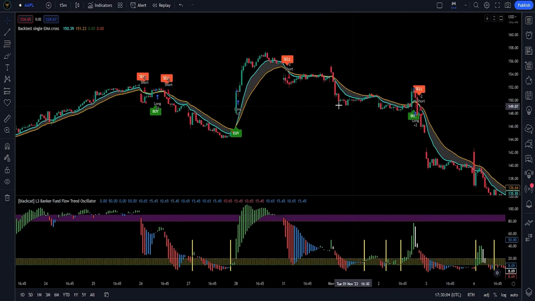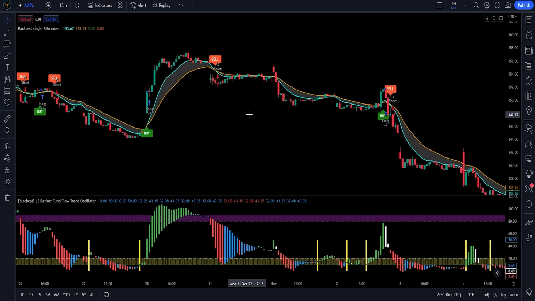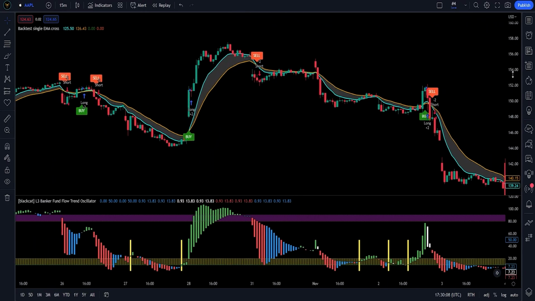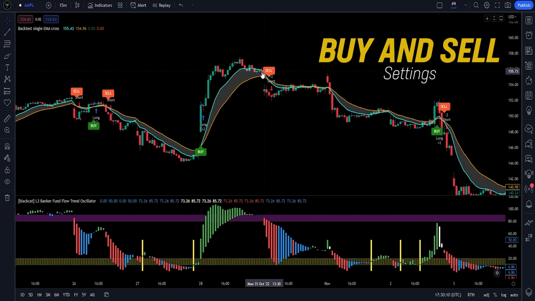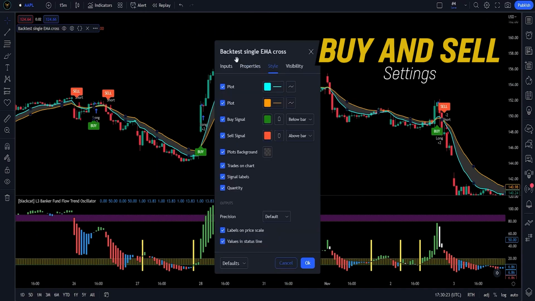Now, in order for our strategy to work to its full potential, we need to change a few settings for our indicators. So let's start by modifying our buy and sell indicator. This indicator adds buy and sell signals and these colorful EMA lines. To open this indicator's settings, double-click either one of these signals or one of these EMA lines. So first of all, open this Inputs tab.